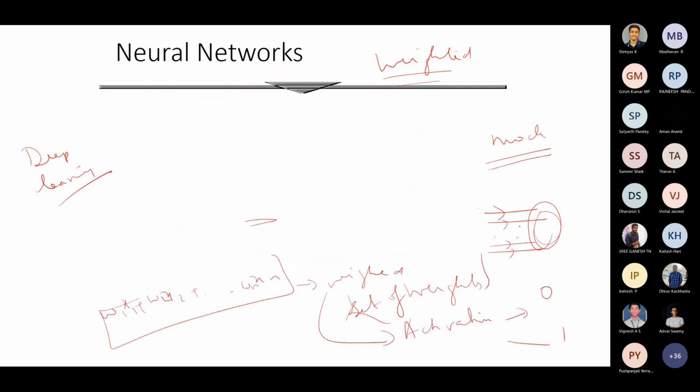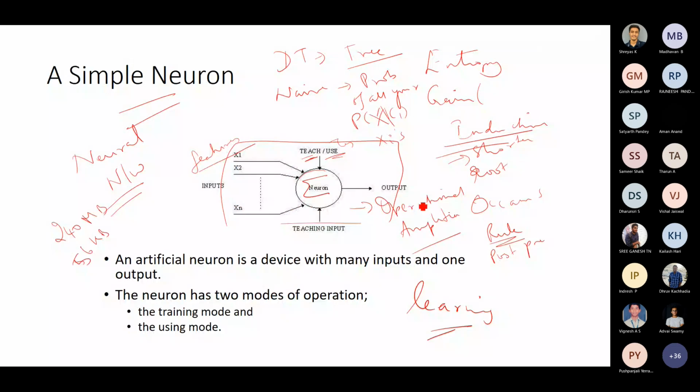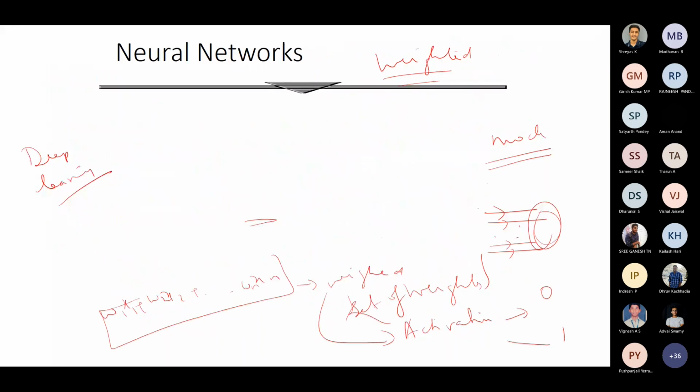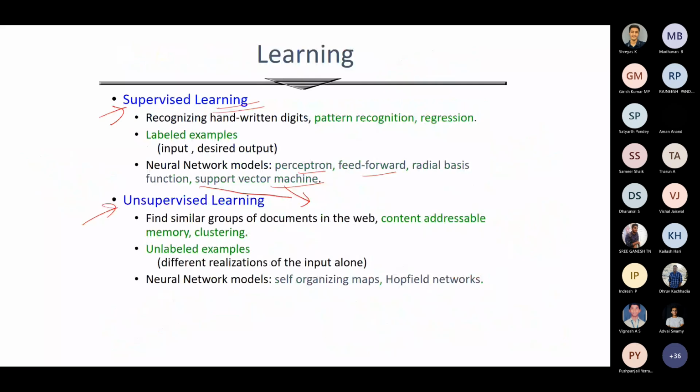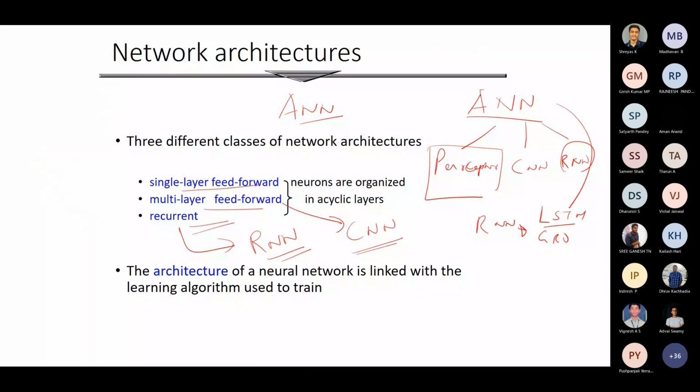So a perceptron is what? A perceptron is a single neuron, and a single neuron is of no use. So you need to have a set of neurons in order to get your task established. The architectures can basically be a single layer feed-forward network, or it could be a multi-layer feed-forward network. In multi-layer there could be many hidden layers, and there is an input and an output layer. A single layer model will basically have an input and an output layer only. These two will not support feedback.